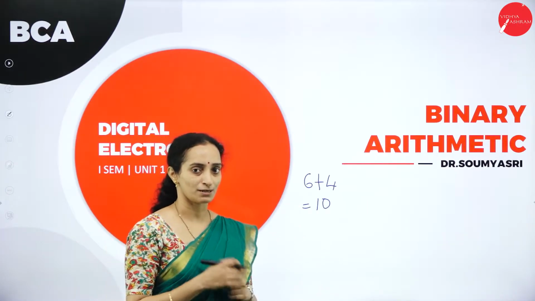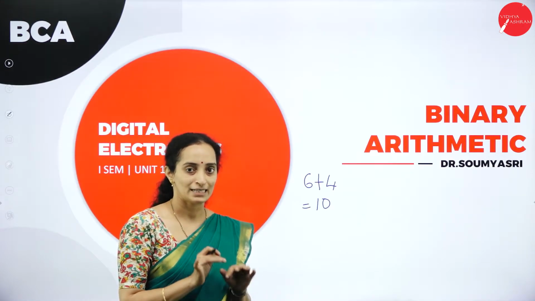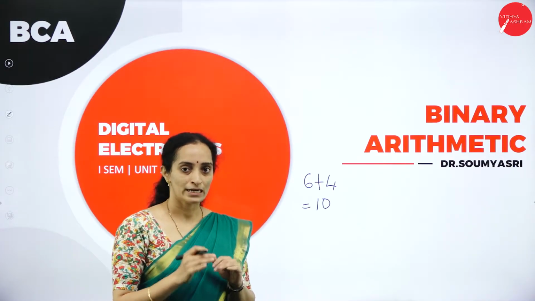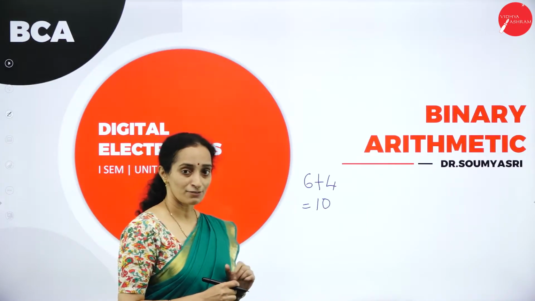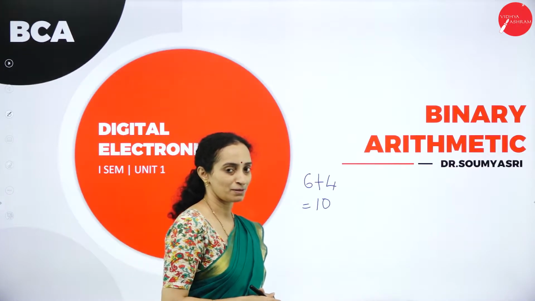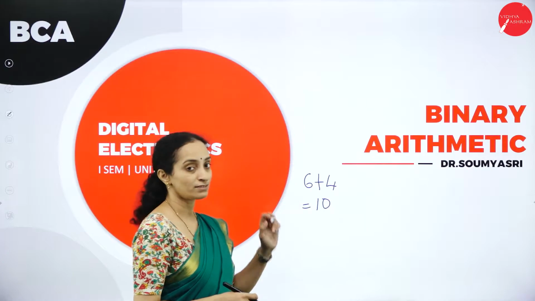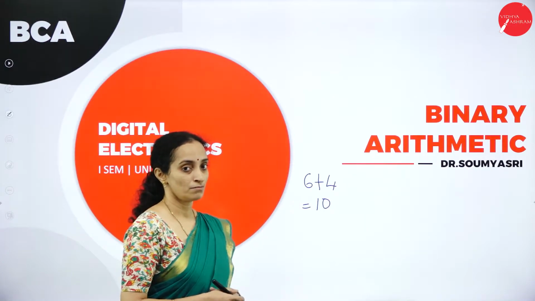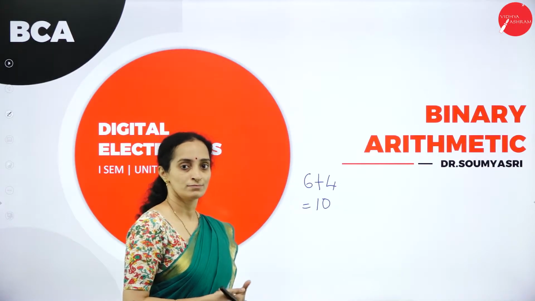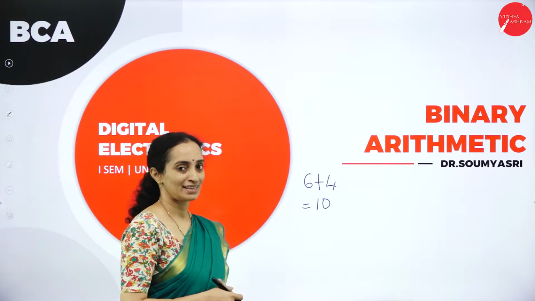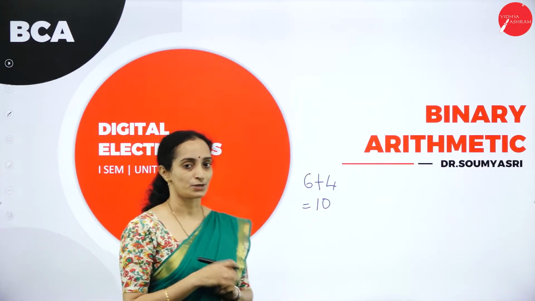Now we know the basics of computers. If I type 6 plus 4 in a calculator in the computer, it gives 10. How does it give 10? It is from the previous topic, conversion. It will convert the 6 to binary and 4 again to binary. So, 6 and 4 will be converted to binary.